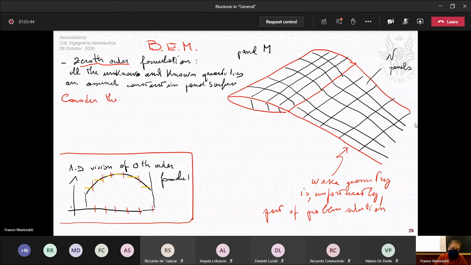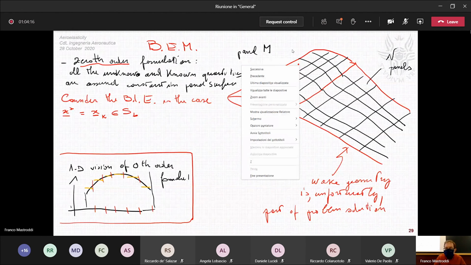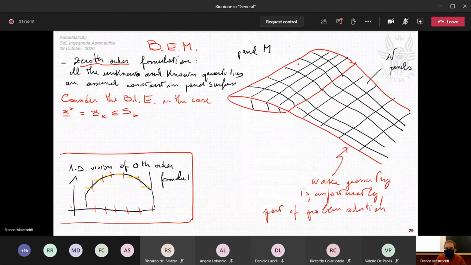The boundary integral equation in the case x star equal to x in the point k, as belonging to S body. So this is x star, and this x star point